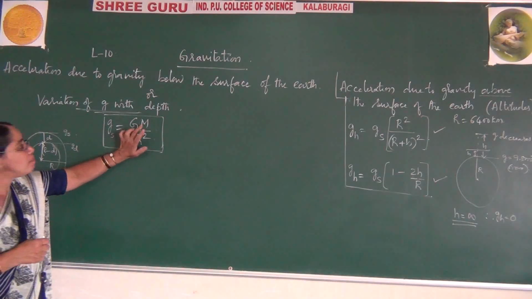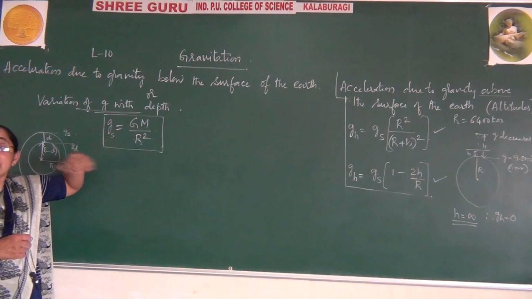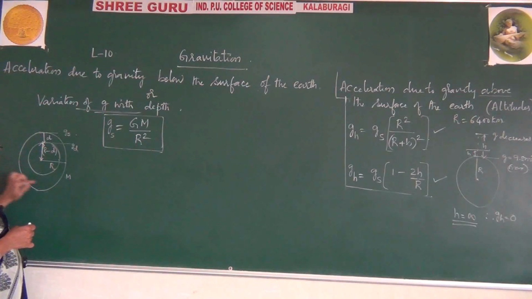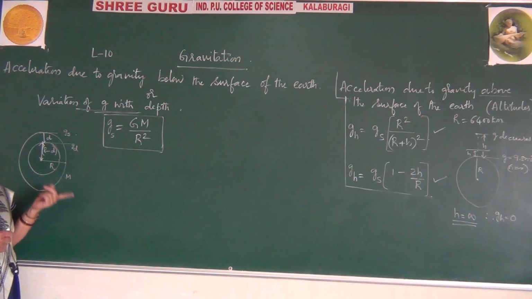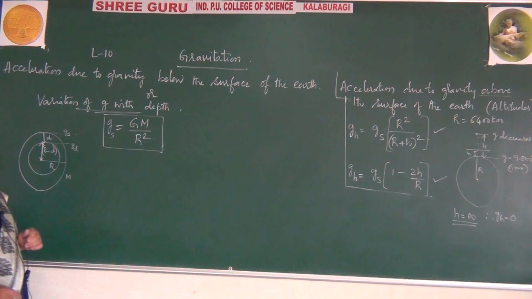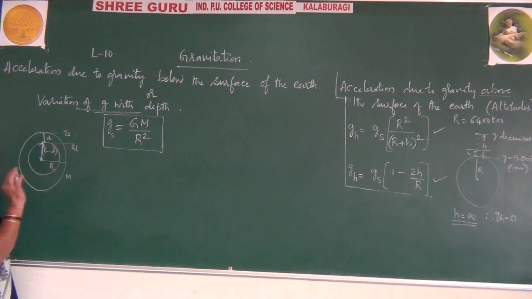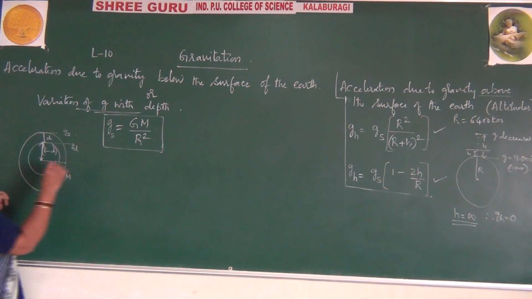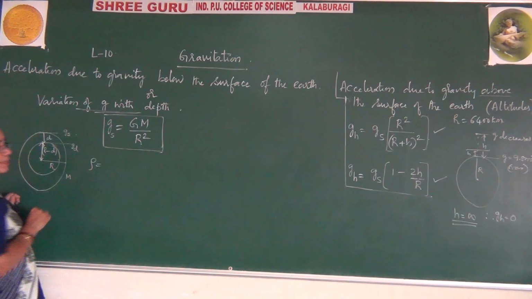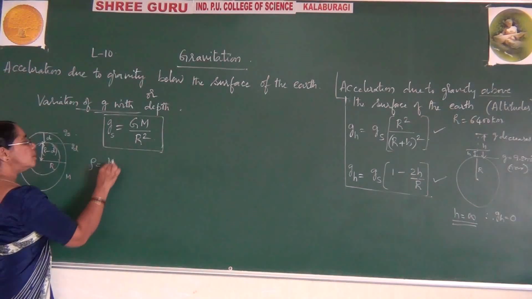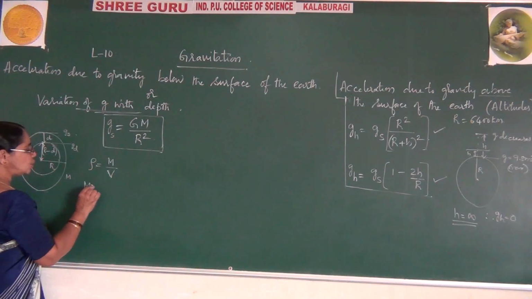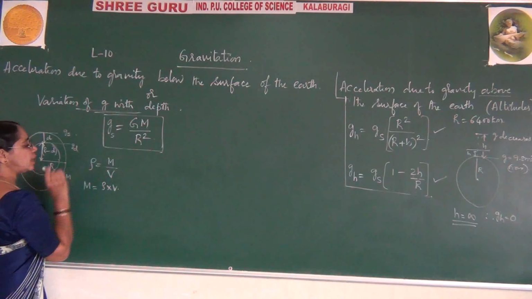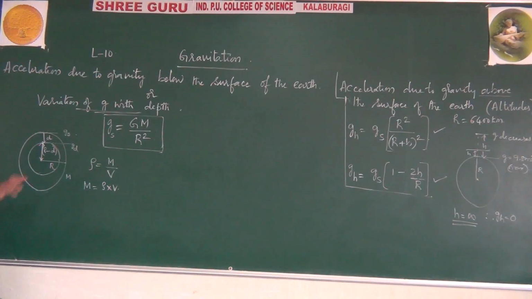Now in this we have the mass of the earth. So first let us calculate the mass of this sphere. To calculate this mass we have to take one condition called density. Density you know from school days, represented by rho. Density is equal to mass by volume. Now, to calculate m, I should use rho into v. What is v? V is volume.